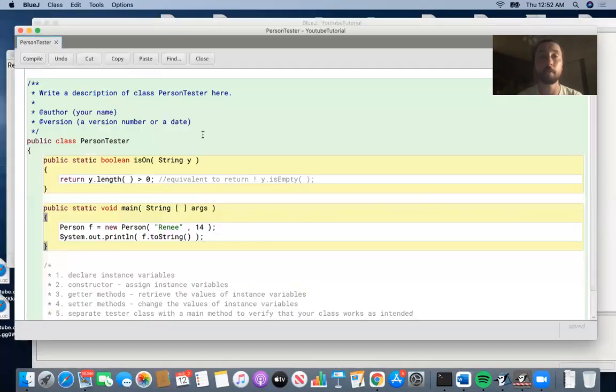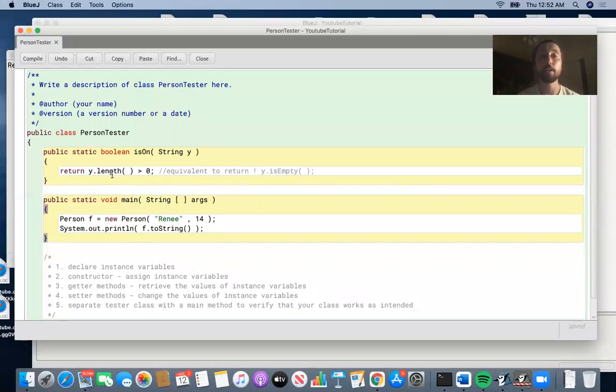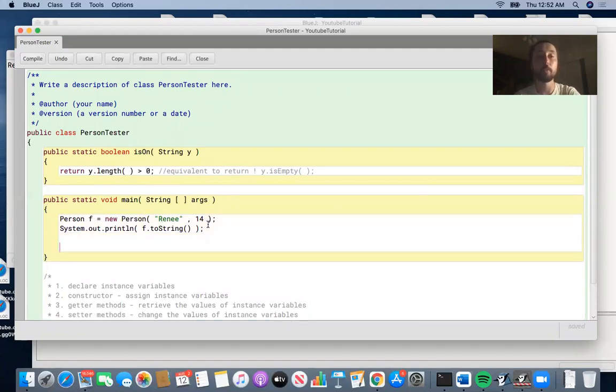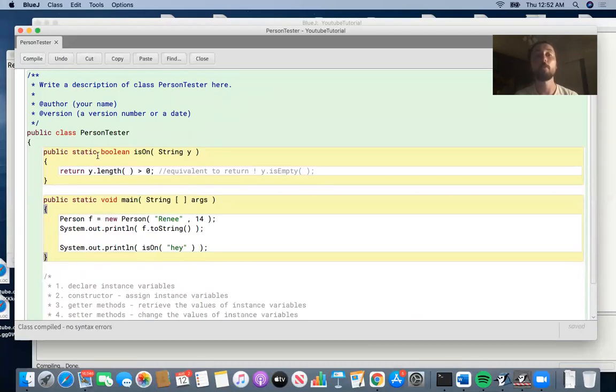And so finally, the last thing we talked about is the difference between a static and an instance method. Essentially, if you have a PersonTester here, we had an issue with calling isOn in lesson 24 directly, right? So if we said System.out.println(isOn("hey")), then there's an issue with that. Normally we would be able to, because this is a static method right now, so there's no issue with calling isOn if it's static. And since we're in the same class, you don't have to write PersonTester, but technically you could write PersonTester.isOn("hey"),